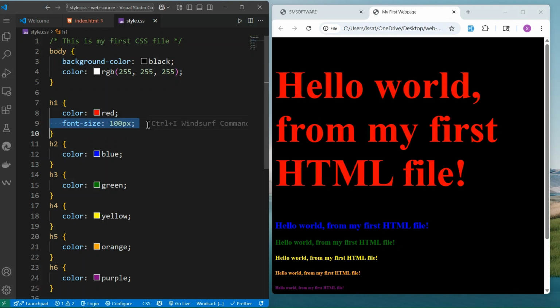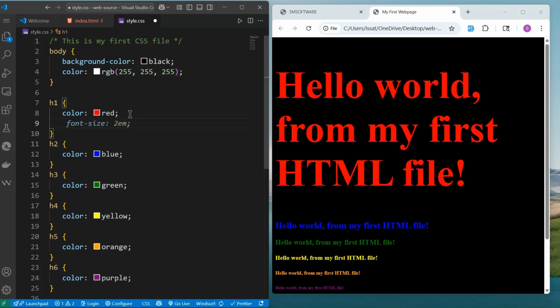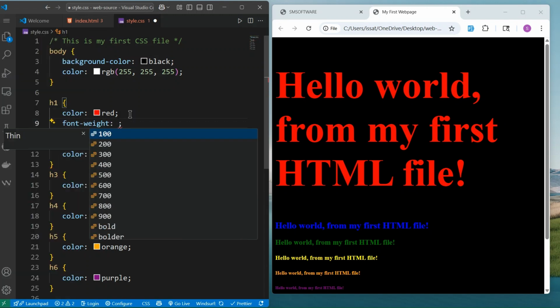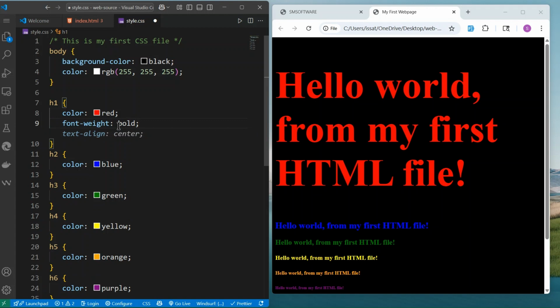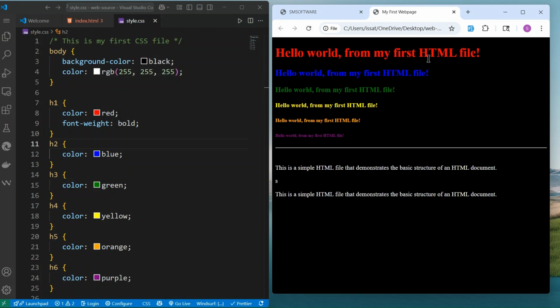If you also want to show different sizes, okay. I'm not going to cover the other options because I don't want to confuse you with so many things. We can also do font weight, which is how you want to show the bold. We have values from 100 up to 900. If I say bold, it should be bold. If I reload, you see this is the initial size, but at least it is bold. If I comment this one out and reload again,